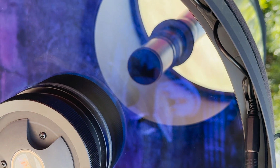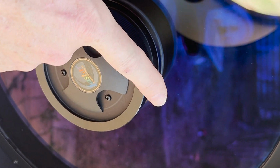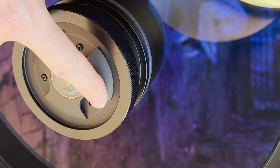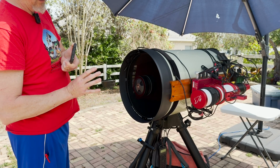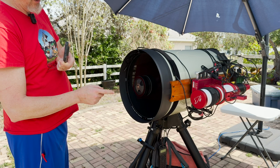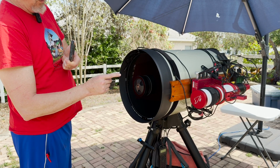All right, but what we're going to do is we're going to remove the retaining ring, and we're going to pull the secondary out from the corrector plate. From what I could determine, it looked like it was in pretty good collimation. The corrector plate was in good collimation, but we're going to go ahead and test that